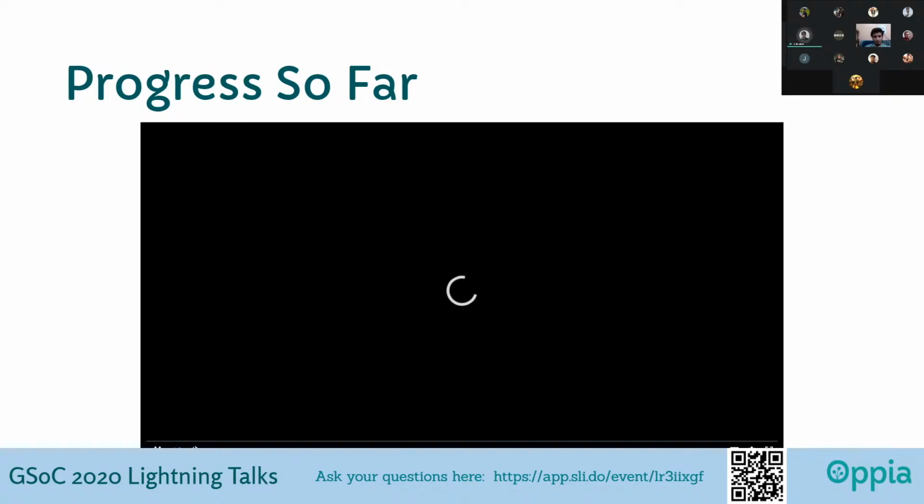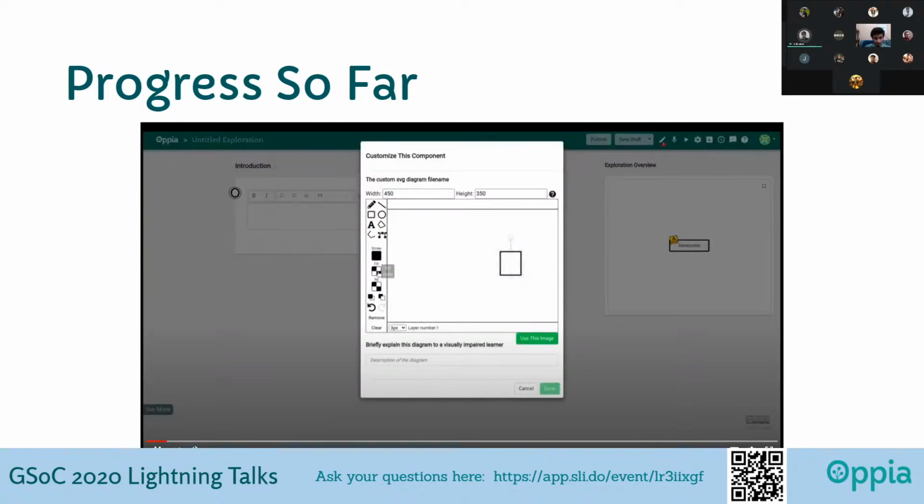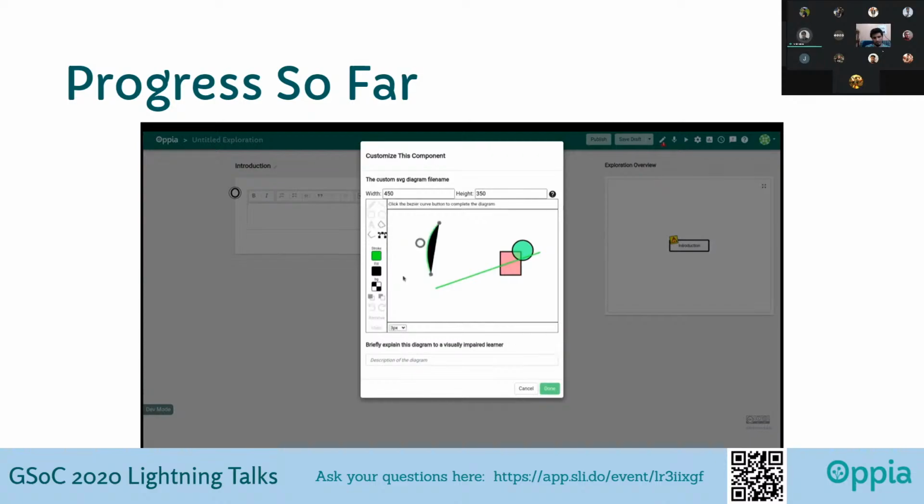So, here is a video that shows the SVG editor. In this video, I have used all the current tools to create a custom diagram. The tools that are currently available in the editor are pencil tool, line, rectangle, ellipse, open polygon, closed polygon, text tool, and a Bezier quadratic curve. These are just the basic tools which are there. But one of the greatest benefits of this particular SVG editor is that it's highly customizable, and many custom tools can be added.